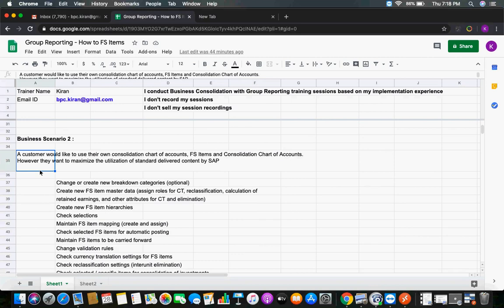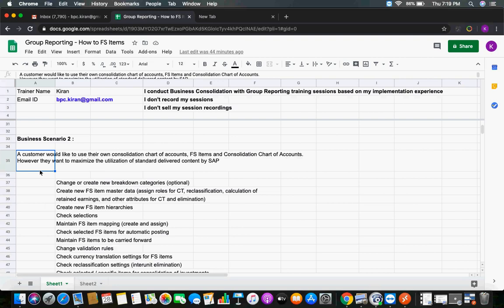They want their own consolidation chart of accounts and their own FS items. However, whatever is delivered by SAP, they want to use the maximum configurations from it. This is the ideal scenario.